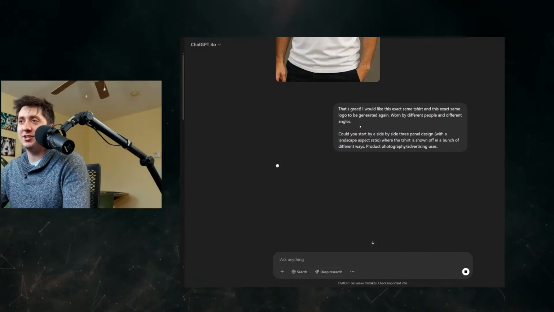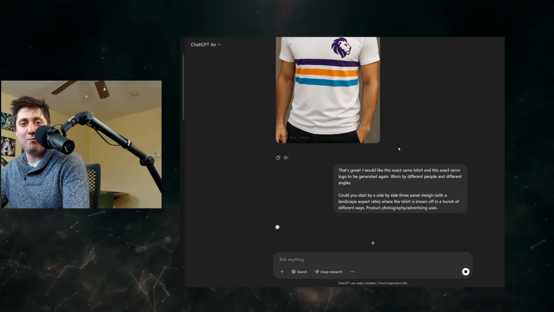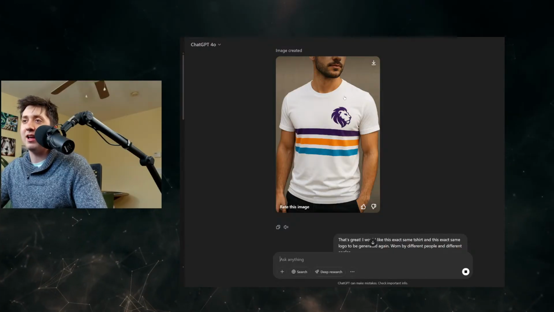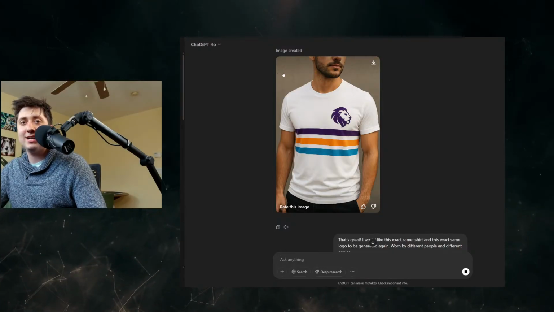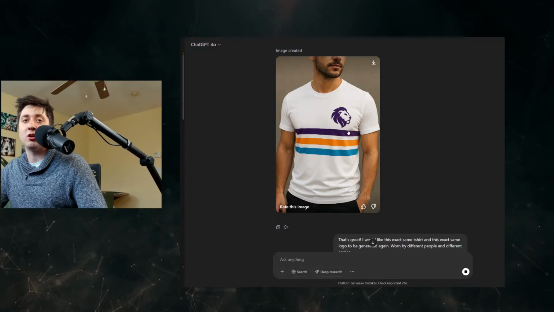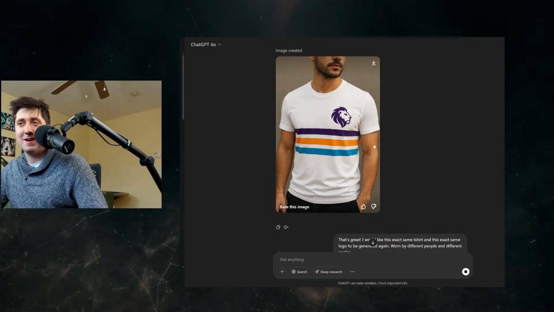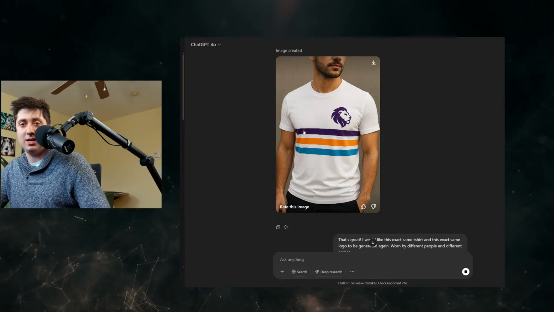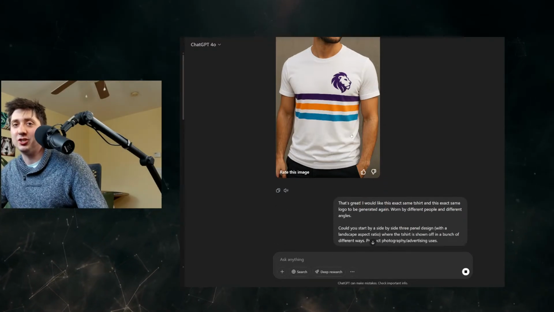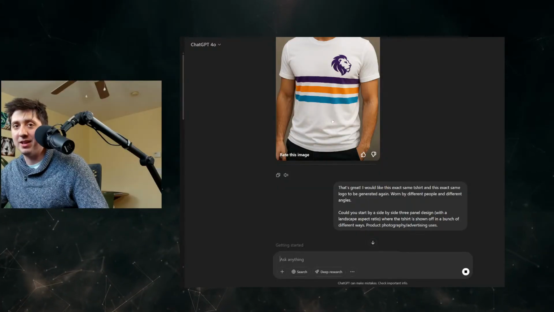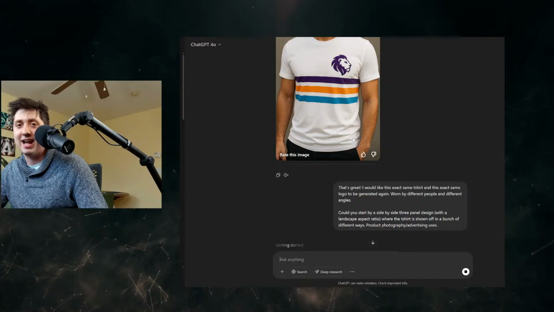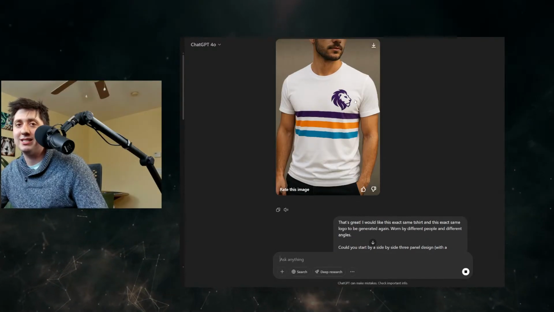So what I asked it to do, again, because I like to mumble while I type these things, was to put together a 3-panel side-by-side view of this same t-shirt worn by different people with different body types, but I want the t-shirt to be the same, essentially. The logo is the same and this is the same. And if I understand what they were saying about consistent characters, and we'll keep watching that video in a sec, if I understand what it's saying about that,